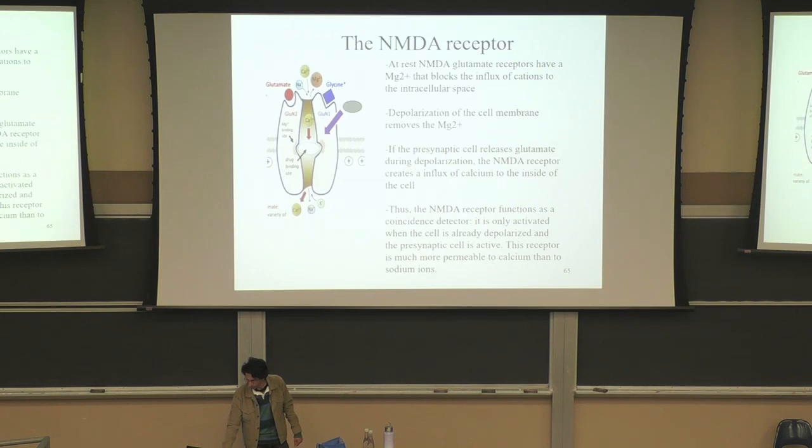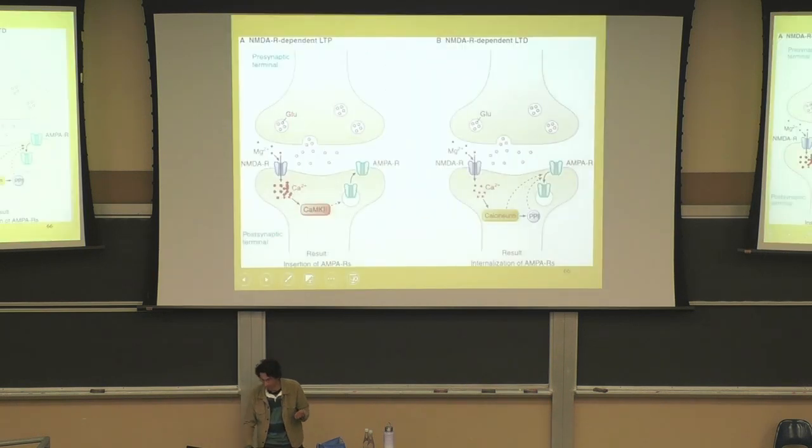Okay, so why do we need this complication of having a magnesium blocking the pore? Because it seems easier just to not have a clog inside the ion channel. And that's because this allows this extra complexity, which is now the cell will only be active when there's this coincidence of glutamate release and depolarization. And then we'll see in the next slides how that is useful for learning.